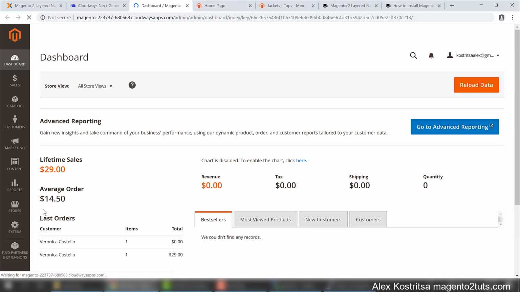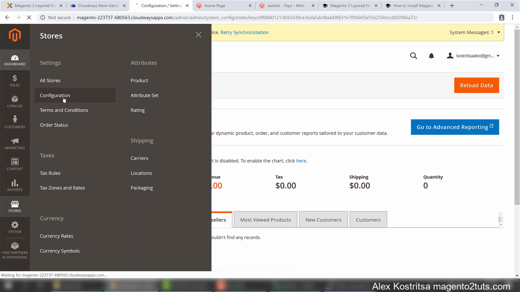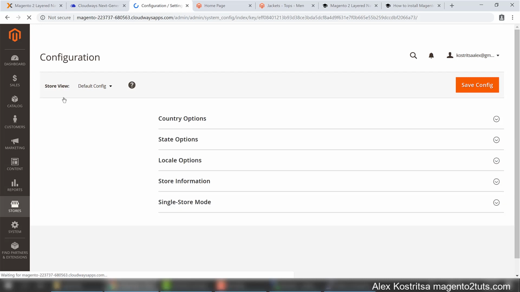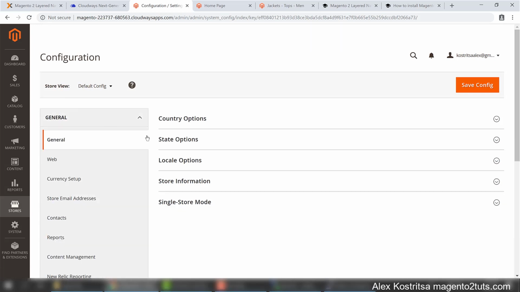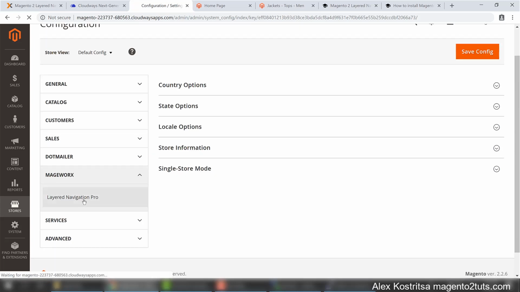Okay, so here let's go to stores. Still loading. Let's wait a little bit. Okay, stores, configuration, and expect to see here the Mageworx tab. Yes, it's here, and we have Layered Navigation Pro,